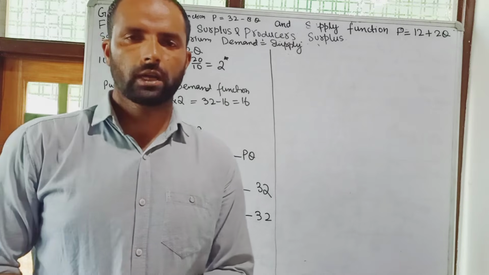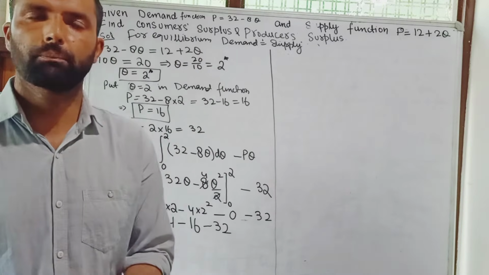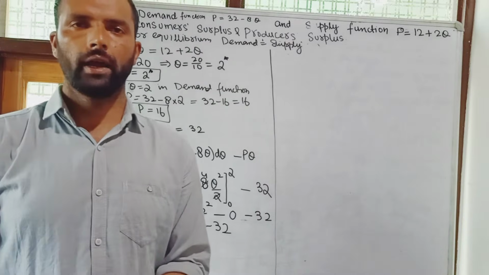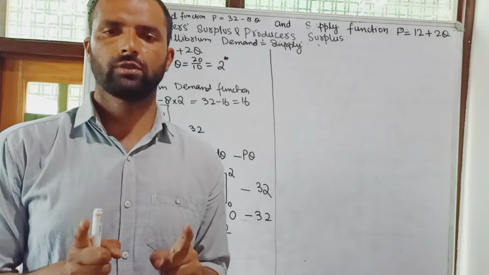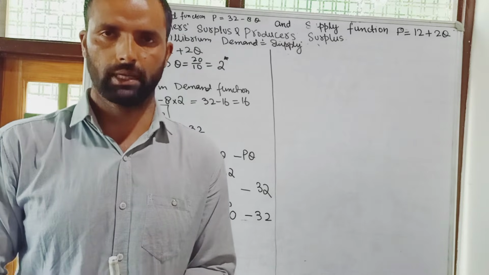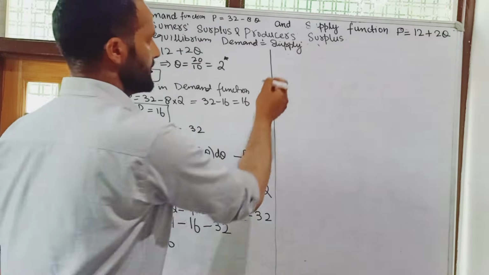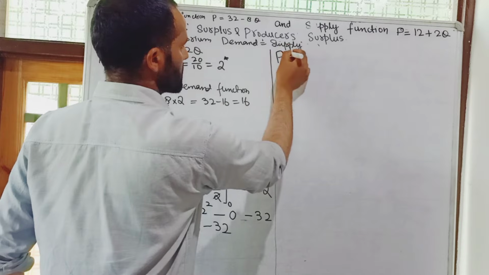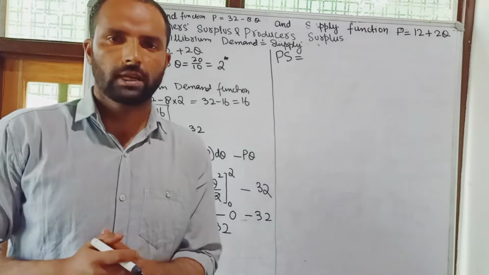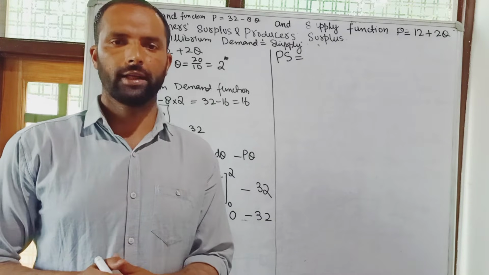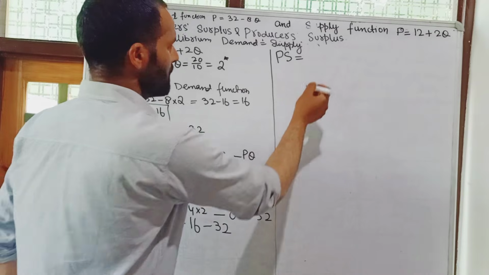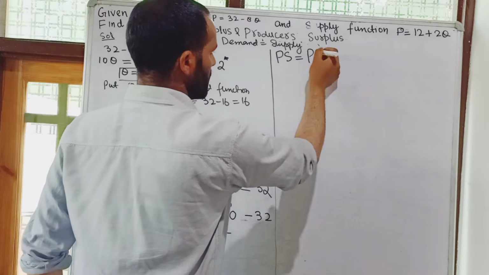Now producer surplus is the difference between the price producers are willing and able to supply a good for and the price they actually receive. The difference between these two gives us the producer surplus. Mathematically, this means producer surplus is equal to the price producers are willing and able to supply for a good, that is price into quantity,